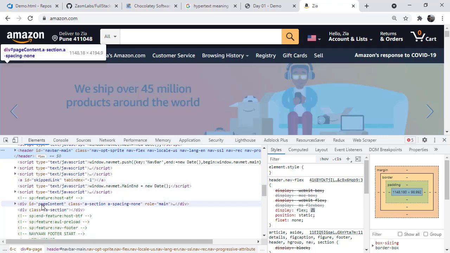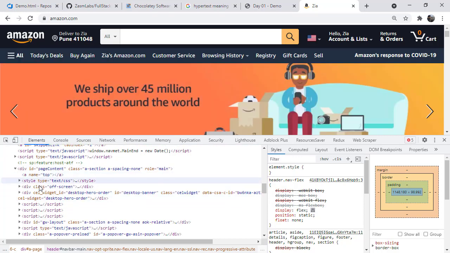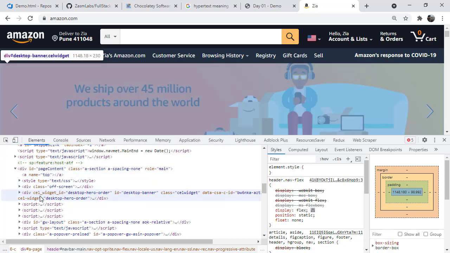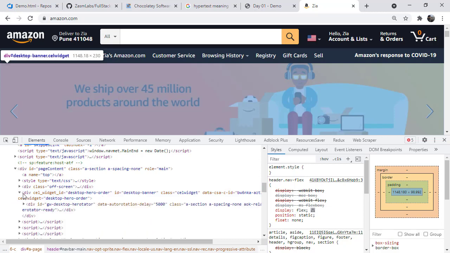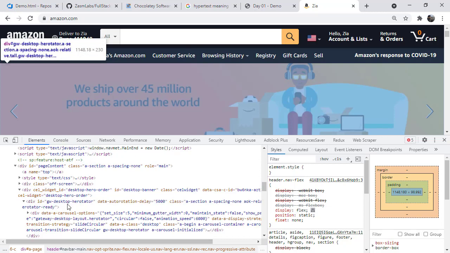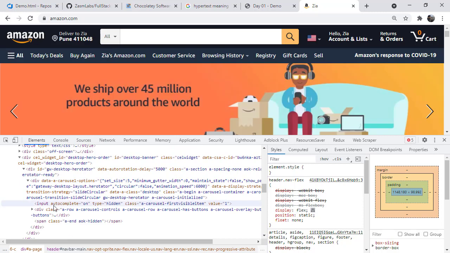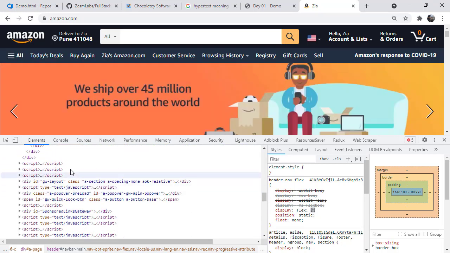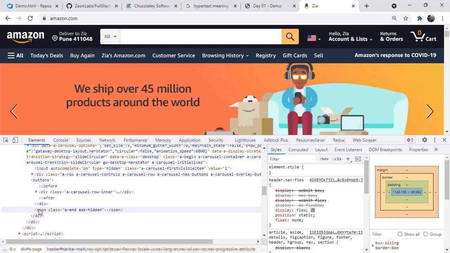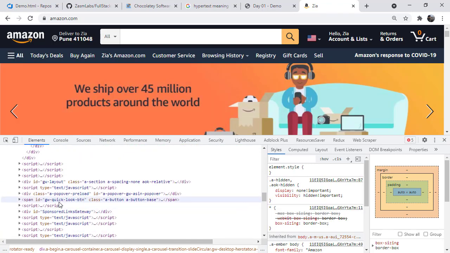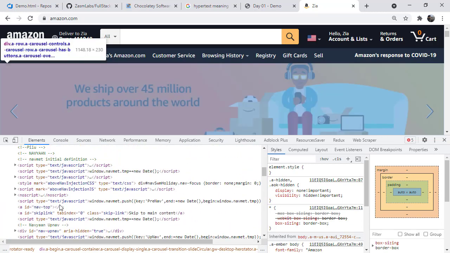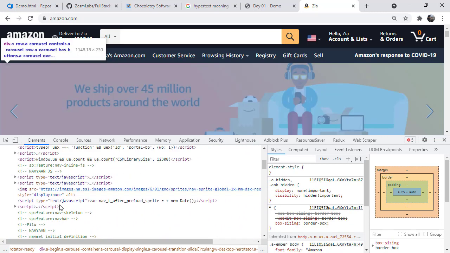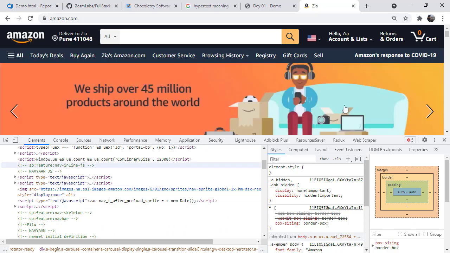Then there is another div called the page content. Right inside the page content, what I see is a bunch of div off screen, and then desktop view. If I go inside desktop view, there is another div, another div, another div, and a lot more divs. Okay, so as you scroll through this document, new tag, I see something called as span. All right, so HTML is organization of these tags inside their parent element, and it is through these parent elements